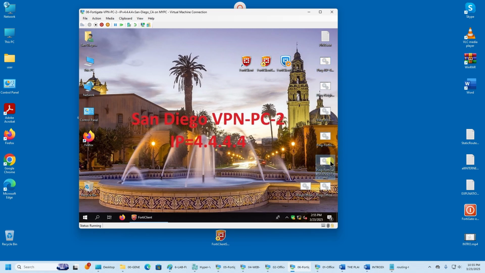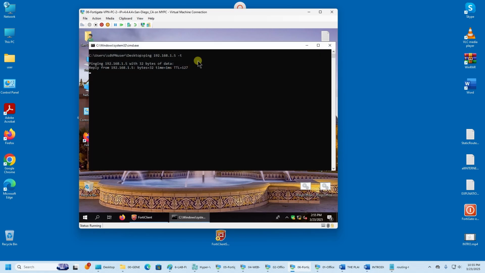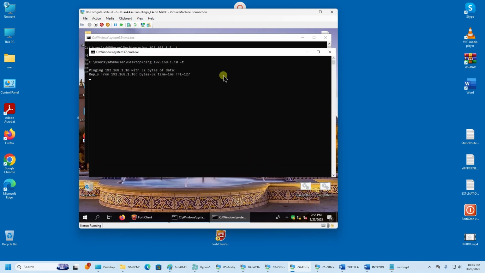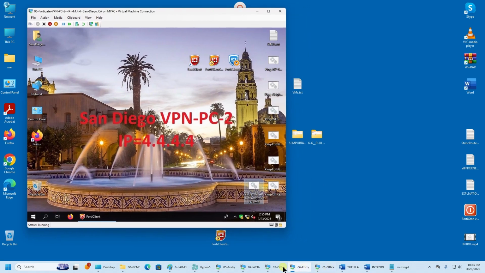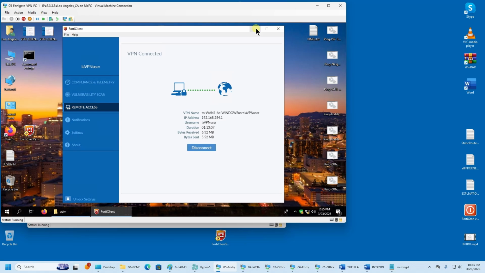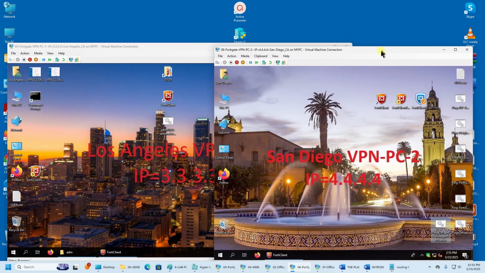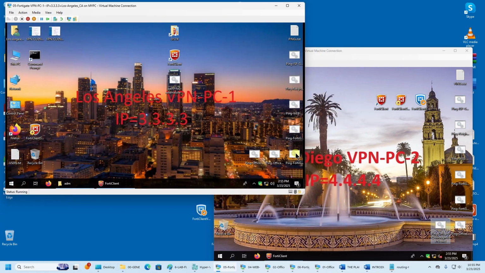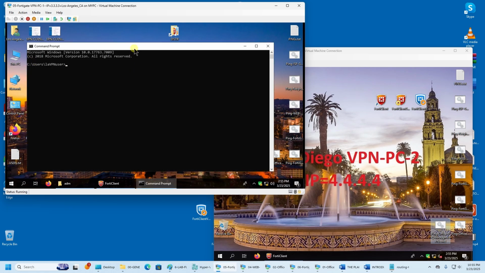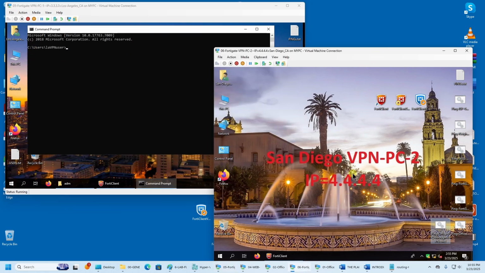If you want to check, you can ping the Office domain controller. You can ping the Office PC. It pings OK. For example, if you want to use a different Los Angeles VPN PC, you can click, ping the Office domain controller. You can ping the Office PC. It's okay. The most interesting part, one of the most interesting